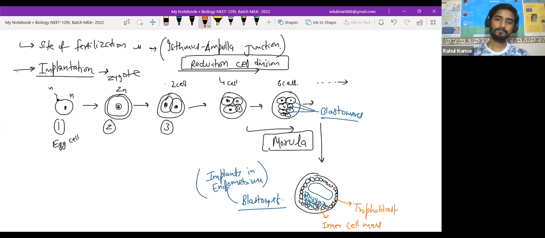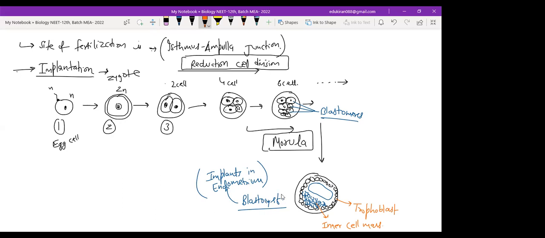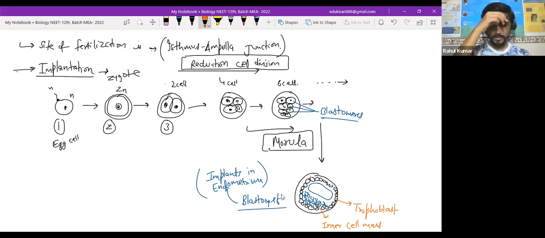Clear, everyone? Yes. Morula and blastocyst, it's also known as blastula. You will also find one more word called blastula. Just like morula, this is a hollow. So you can write down a blastula. Write down next point. A blastula is a hollow sphere